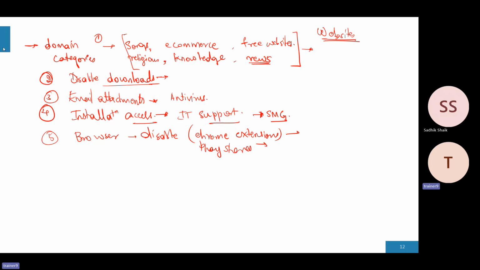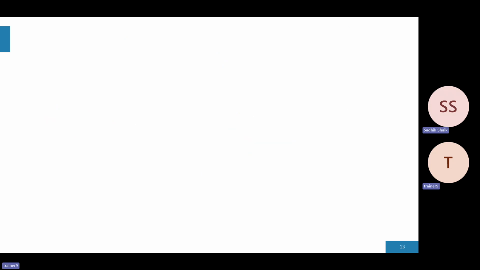Now we have seen the two types, primarily the adwares and the viruses, under the category of malware. The third category, which we lastly saw in the previous session also, is ransomware. Just as the name suggests, let me start sharing my screen. So ransomware primarily, as the name suggests, uses a lot of